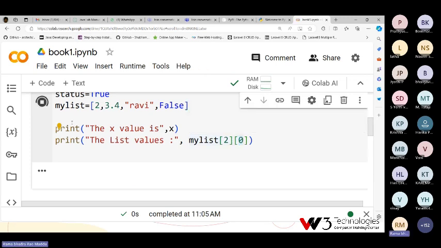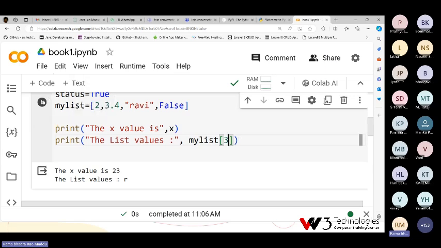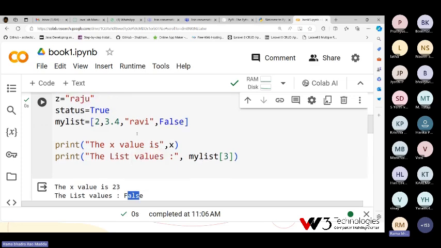It will print only R. So list is that much intelligent. You can access a specific location and a specific character also. If you want to access the last one, 3, then you can print only the false value. So it is storing different data types and accessing different ones.